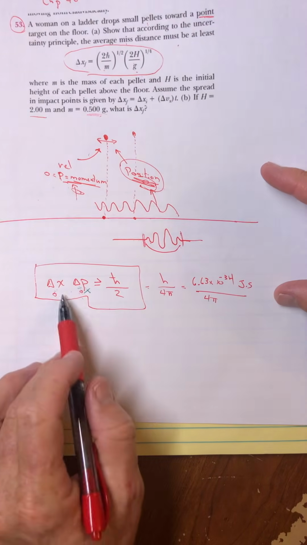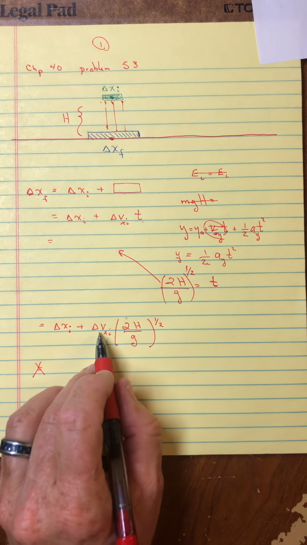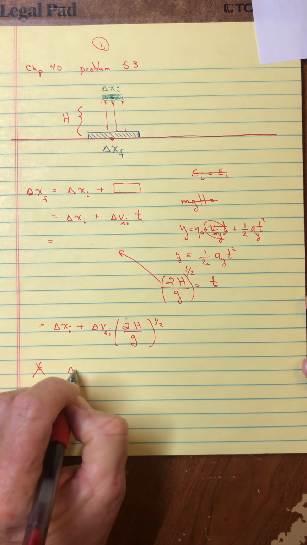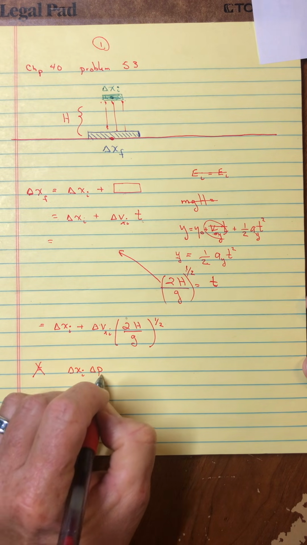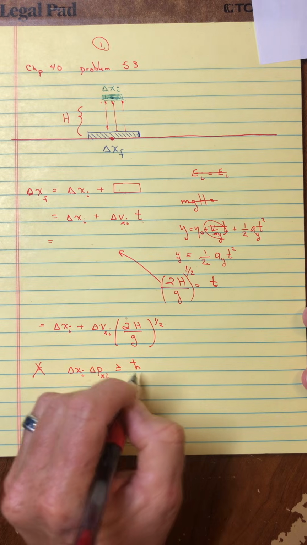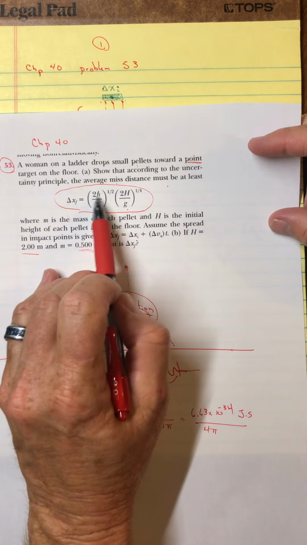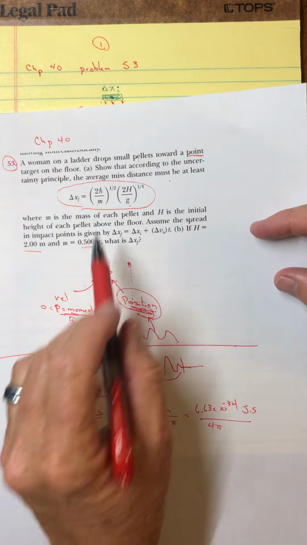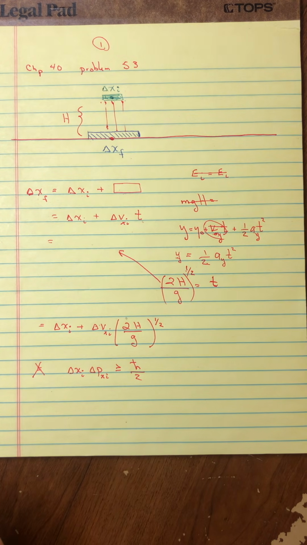So this is where the uncertainty principle comes in. If we are trying to look for this velocity in the x direction that it begins with, maybe I'll write it by saying the uncertainty in the x position initially times the uncertainty of the momentum in the x direction initially has to be greater than or equal to h bar over 2, which, by the way, looking at what we're hunting for, you can see the h bar over here. So here's our reduced Planck's constant. So that's good. Okay. And this square root thing.